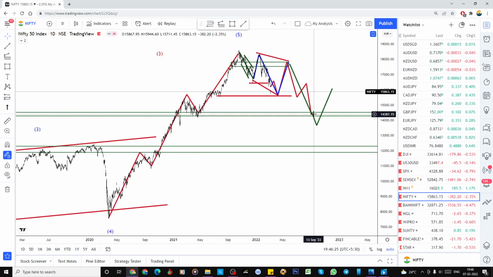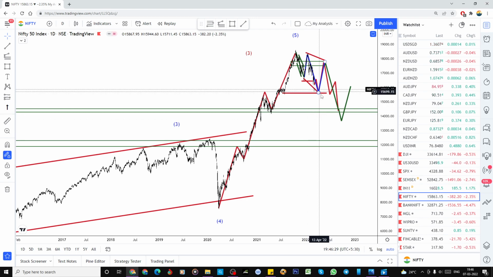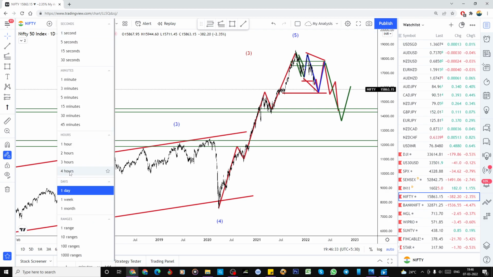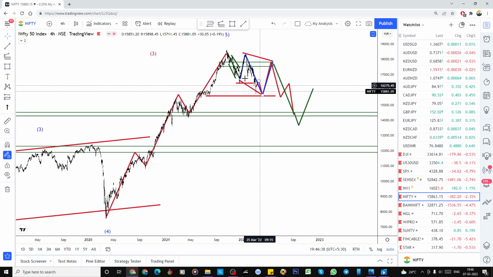See, this one may or may not happen, I don't know, because once the Russia and Ukraine war stops, it can shoot from here, and then I will change my wave count. Simple. Changing the wave count is not that tough. We can label it as this is a B, C, and it's already done.